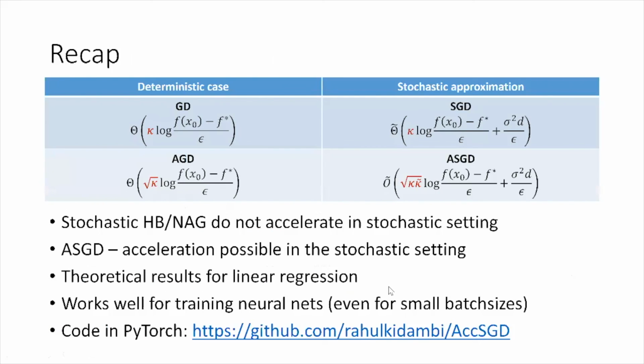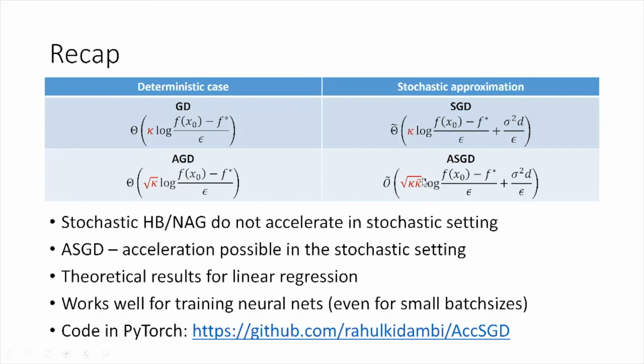Yeah, so let me just try to recap. We saw that in the deterministic case, gradient descent has a linear dependence on condition number. Nesterov's accelerated gradient descent can improve this to a square root of condition number. In the stochastic setting, again, SGD has linear dependence on condition number, and we saw that naively replacing gradients with stochastic gradients, we do not get any improvement over stochastic gradient descent in the stochastic setting. Whereas we were able to design a new accelerated stochastic gradient descent algorithm, which improves the kappa dependence to